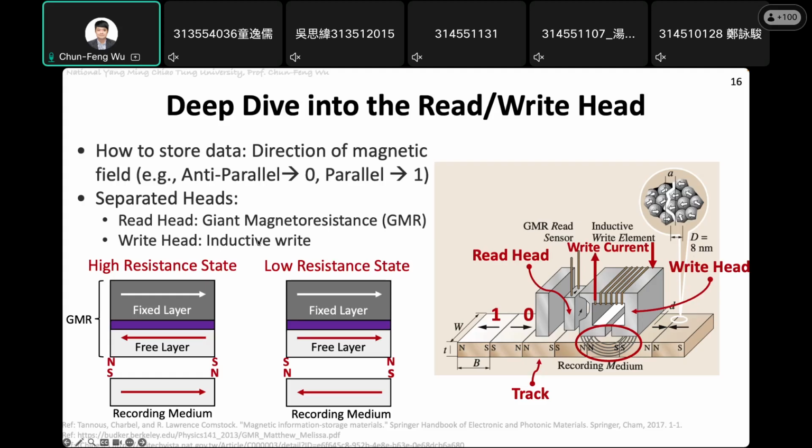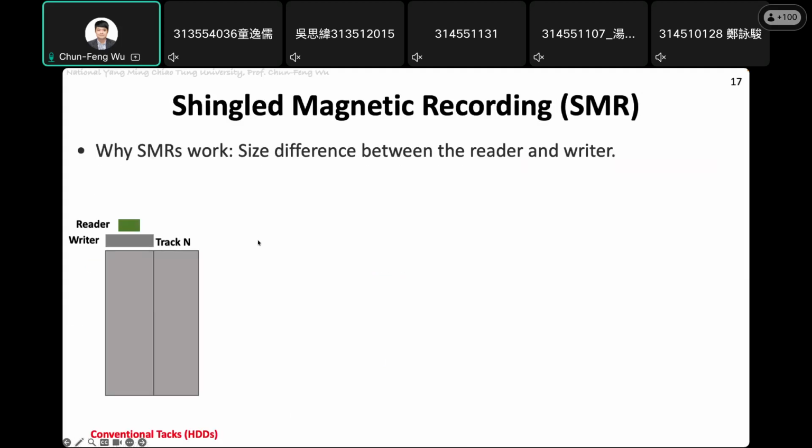Okay, there is no in this final part. Okay, so actually there is a variation for hard disk drive. This is called shingled magnetic recording. Okay, so the reason is actually